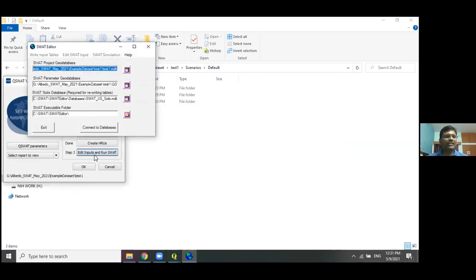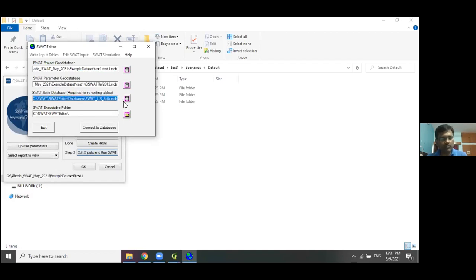Before doing this, we have to connect the SWAT database with the SWAT editor. In this case, if you see the SWAT parameter geodatabase, you just copy this file and provide our new SWAT database file to this one. Okay, so just click on.